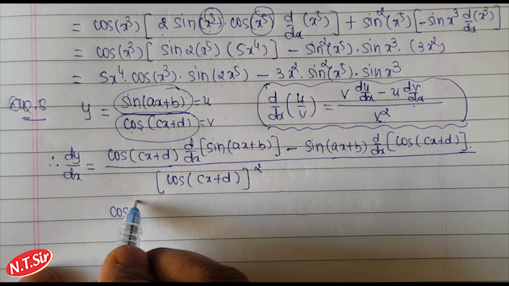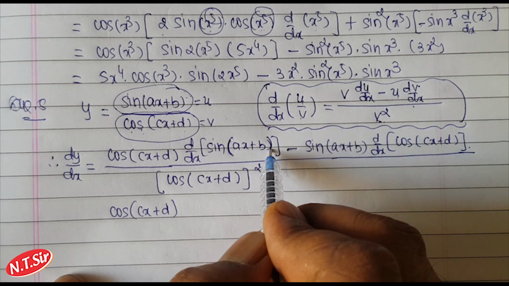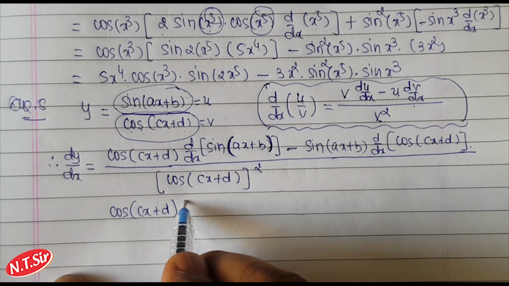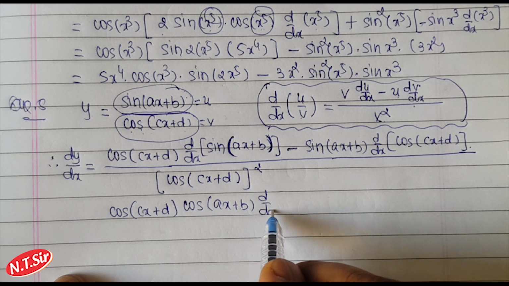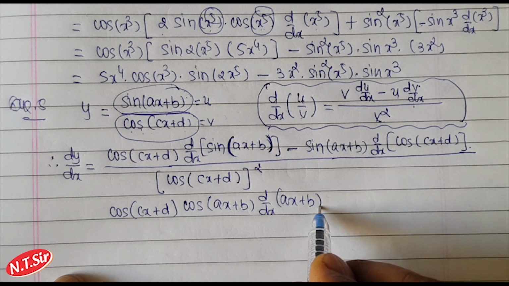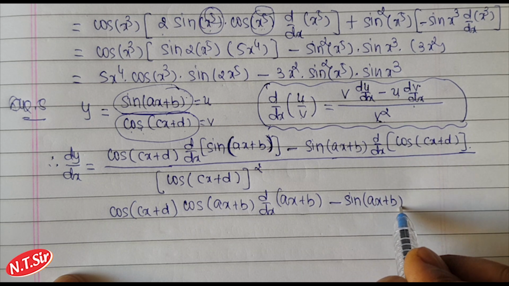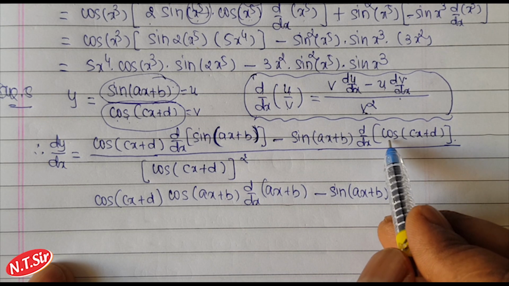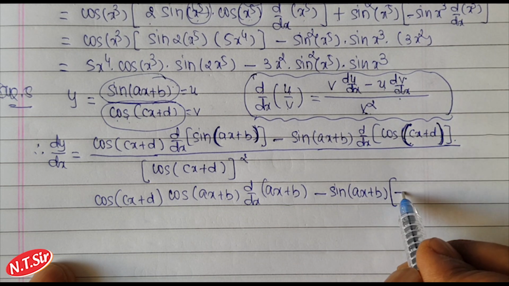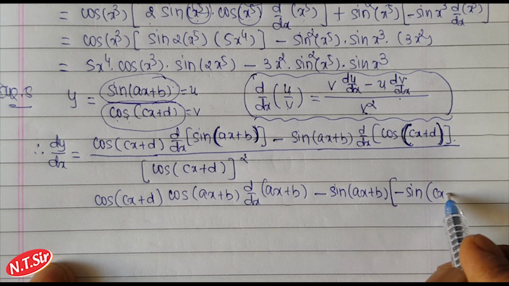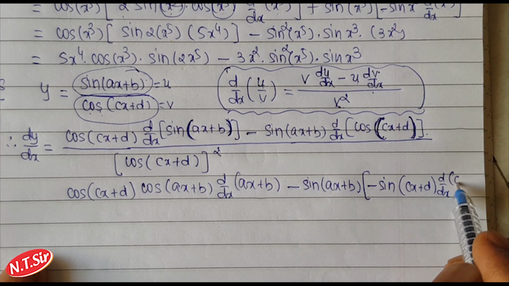So cos(cx plus d) as it is, derivative of sine bracket is cos bracket and derivative of bracket, that is ax plus b, minus sine(ax plus b) as it is, derivative of cos bracket is minus sine bracket and derivative of bracket is cx plus d,